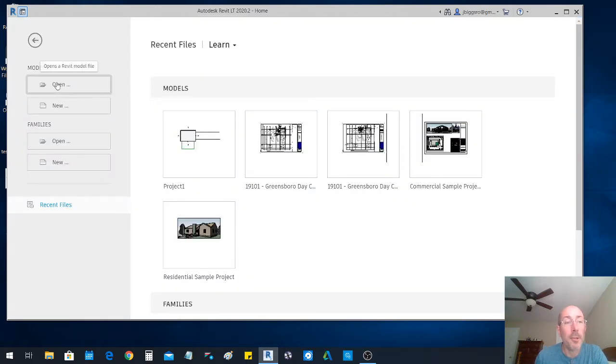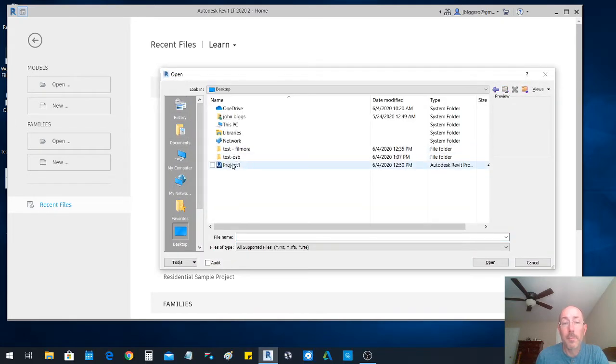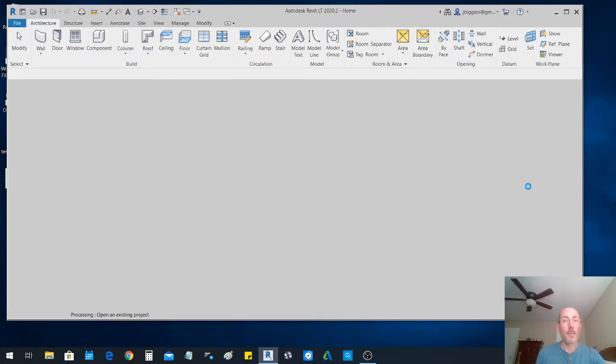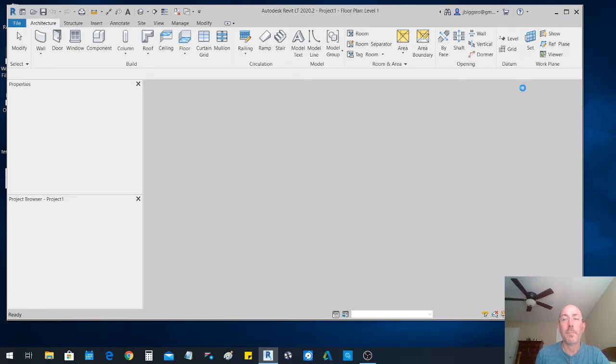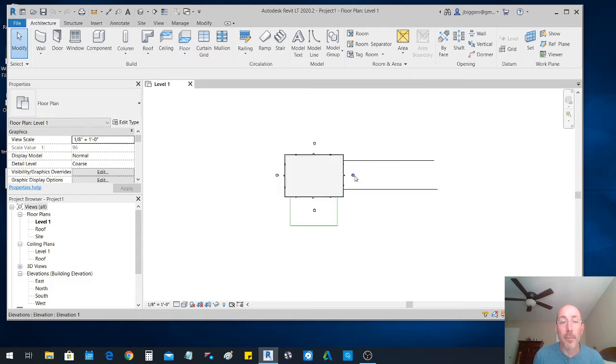So I'm just going to open up this project. Even in Revit Lite, I still tend to open it through the program, although since it doesn't have the collaboration tools, you wouldn't really need to do that in this one. You could just double click and open it in Revit Lite. And here I have my